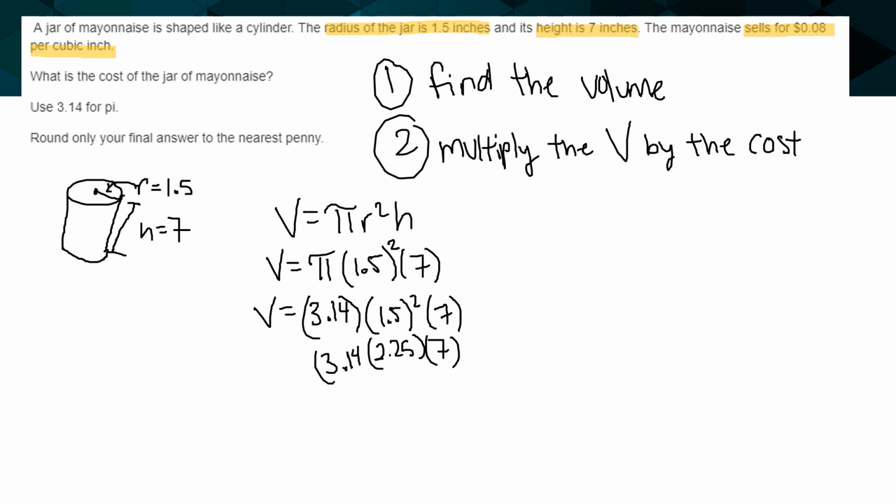Now for this next bit of multiplication, you can actually just enter it into your calculator just as you read it right here. We can go 3.14 times 2.25 times 7. And if you just type it in right like that, 3.14 times 2.25 times 7, it's going to give you the correct answer. This gave us volume equals